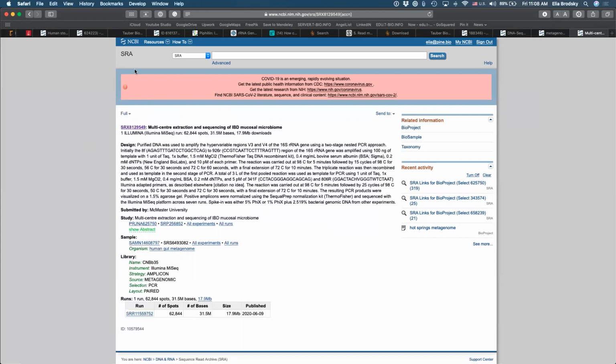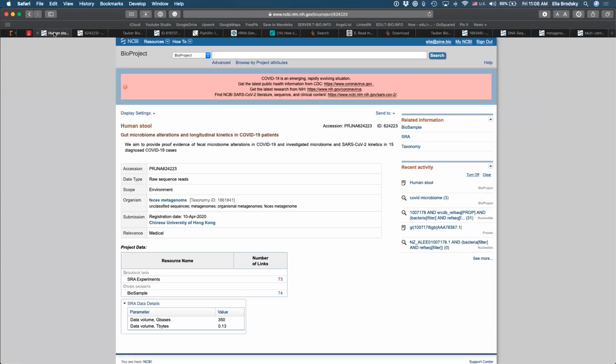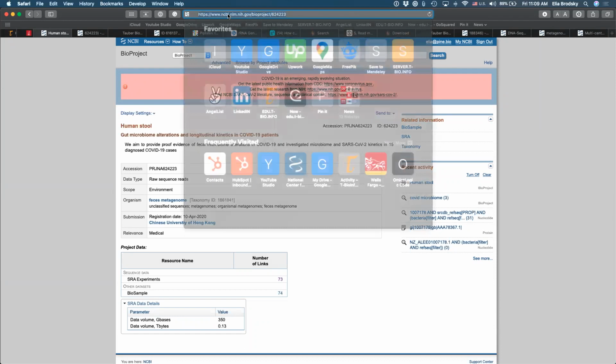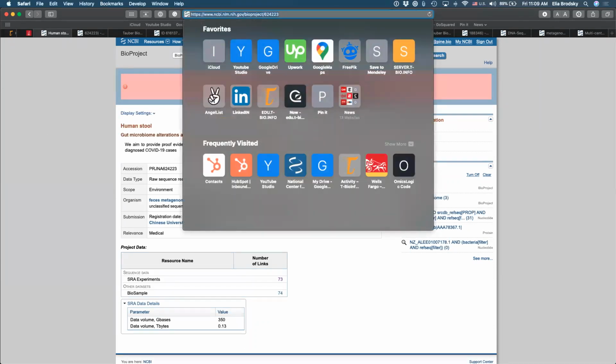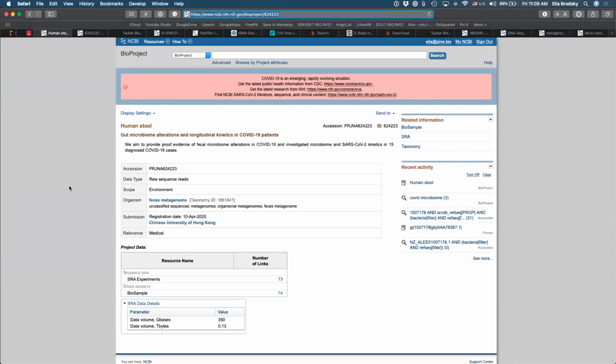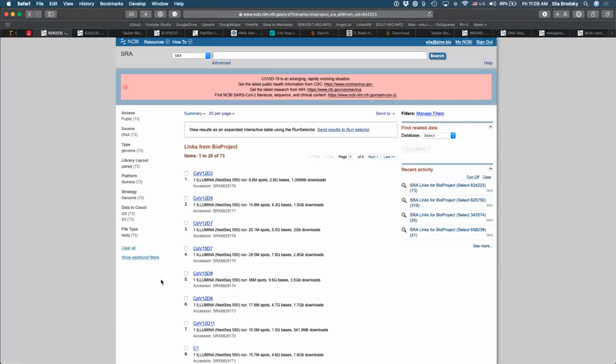Okay, so let's take a look together at this project, okay, to understand where do we find all of the needed information. So I'm just going to use this as an example. Again, remember that this is gut microbiome alterations and longitudinal kinetics in COVID-19 patients. So let's take a look at what we have here. If I go to my SRA experiments,